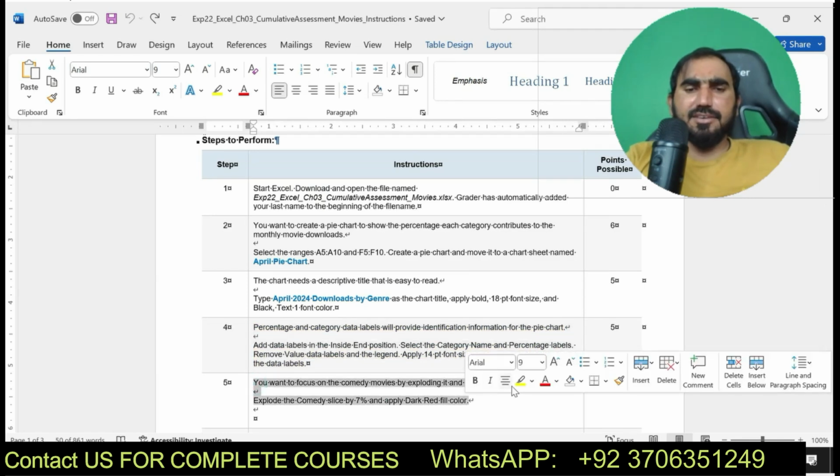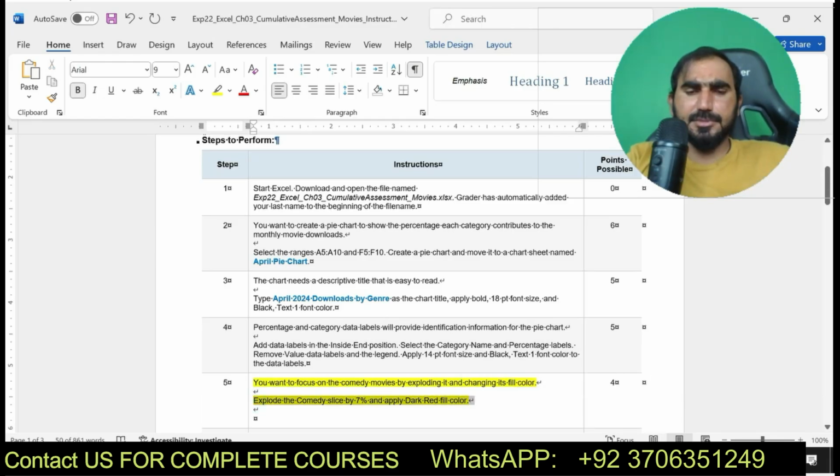Explode the comedy slice by 7% and apply dark red fill color. Now I'm going to solve the step number 5 here.